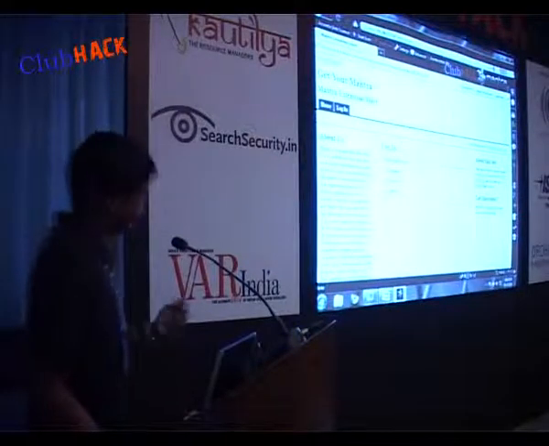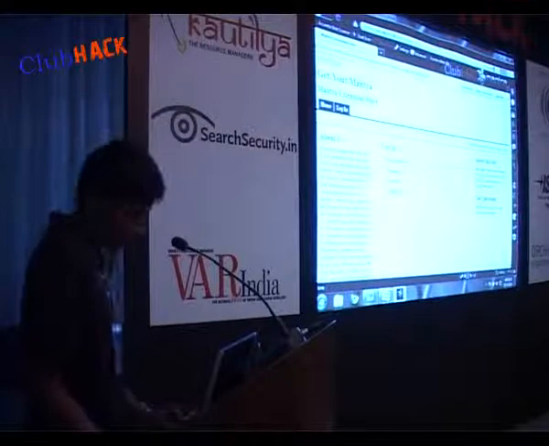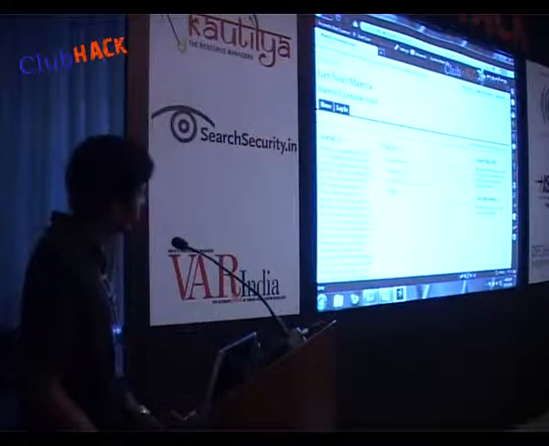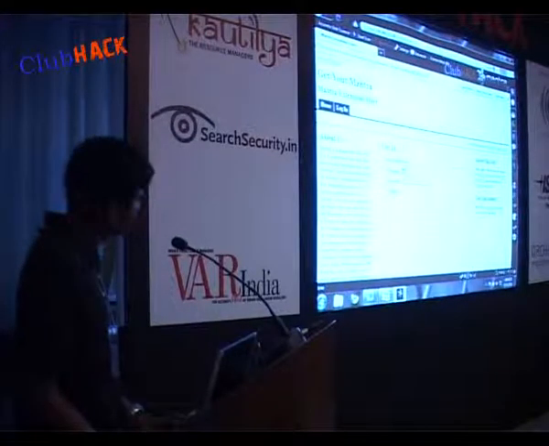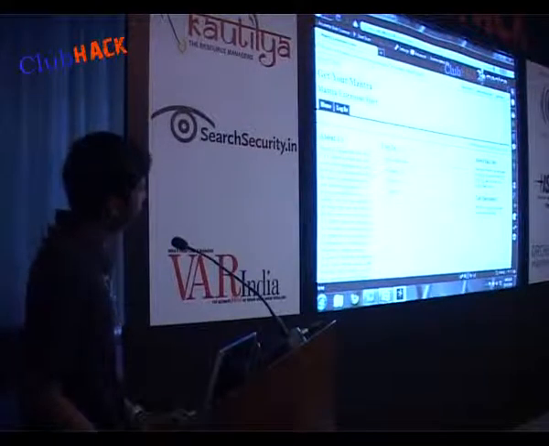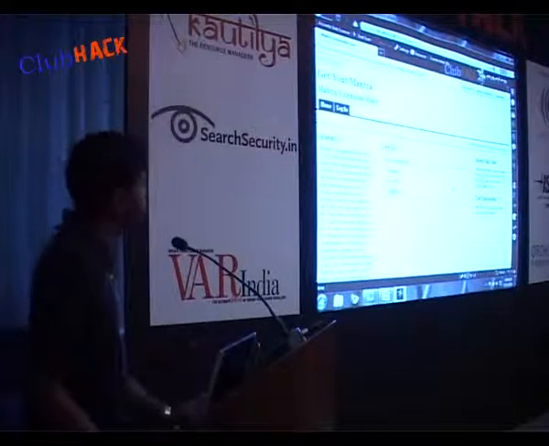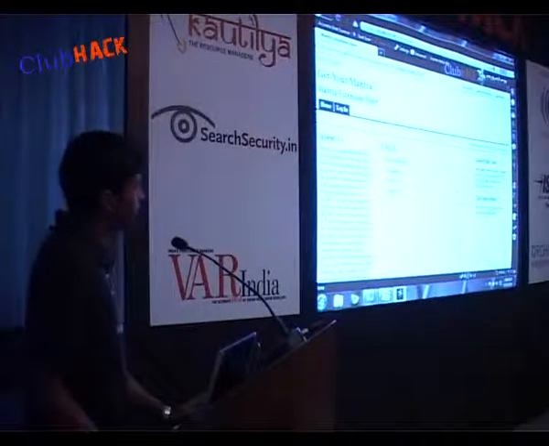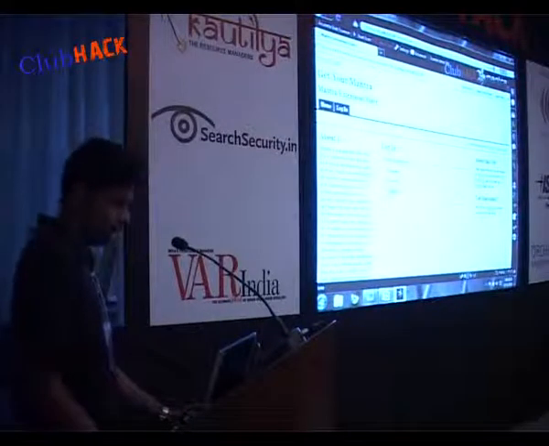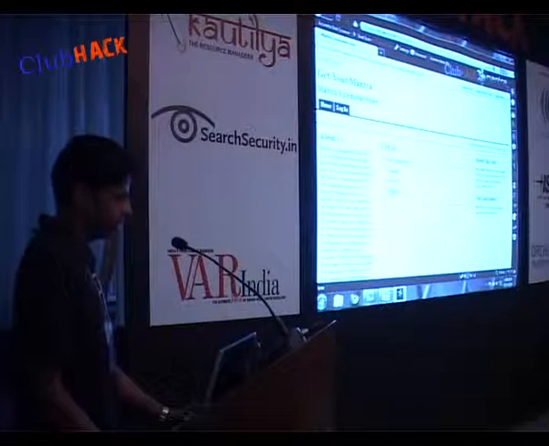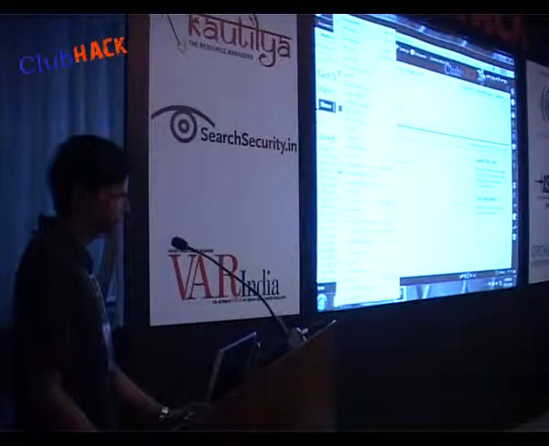Even if I use some SQL injection code over here, I'm copy pasting it and logging in. It's not going to work. Actually, this form is validating my inputs. So let's go ahead and see what we can do about this form. You can see we have tools over here.